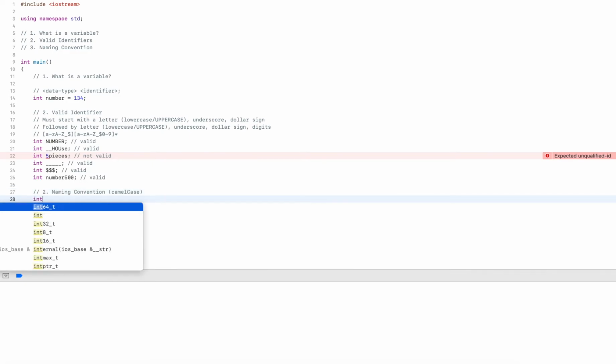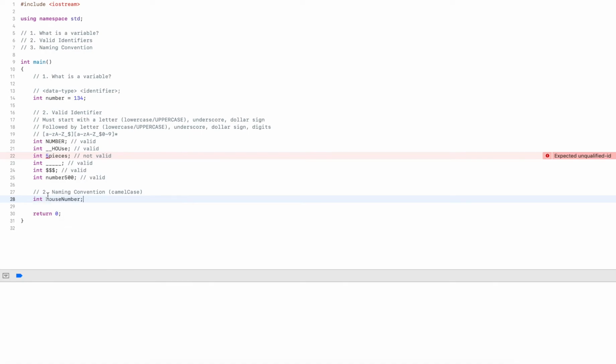So camel case looks like this, for example, houseNumber. What camel case does is we have a lowercase word consisting of all lowercase characters. Then if there are multiple words in the variable, such as number here, we uppercase the very first letter of the word, and everything else will be lowercased.